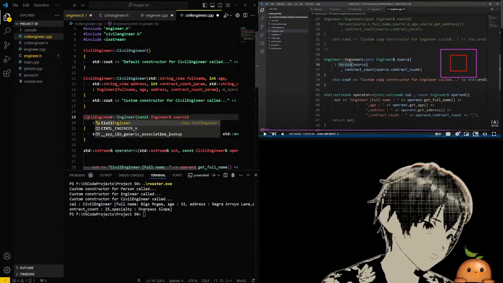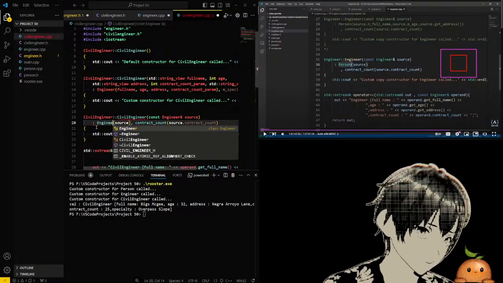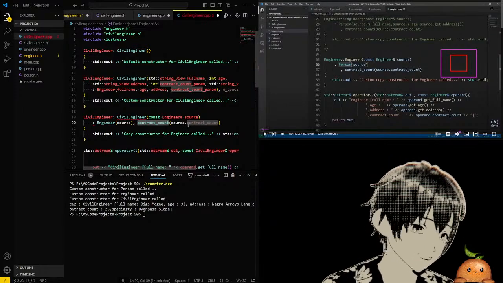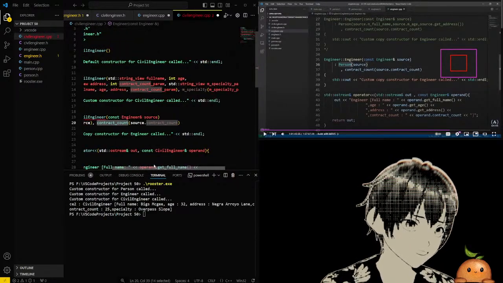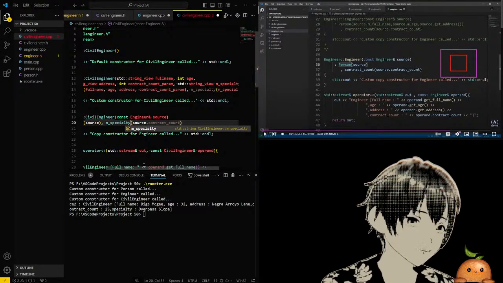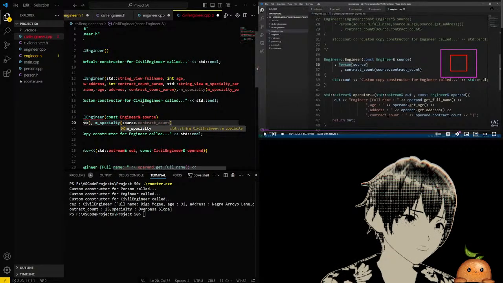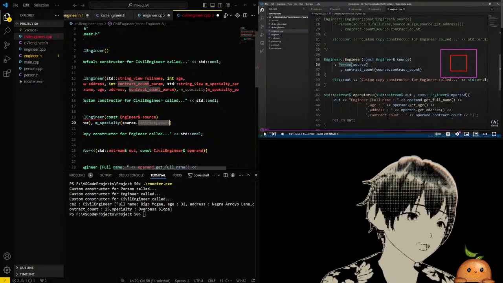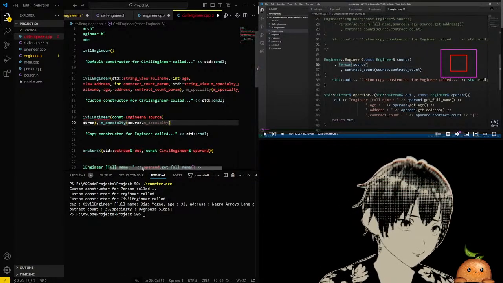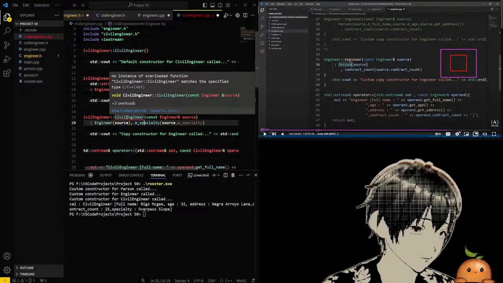this. And we just change some of the numbers or some of the text. And like, what's our new one? It should be specialty. Specialty. Source dot specialty. No instance of overloaded function